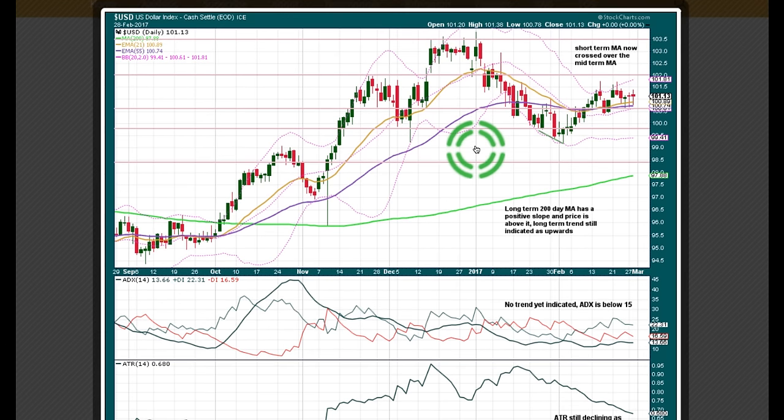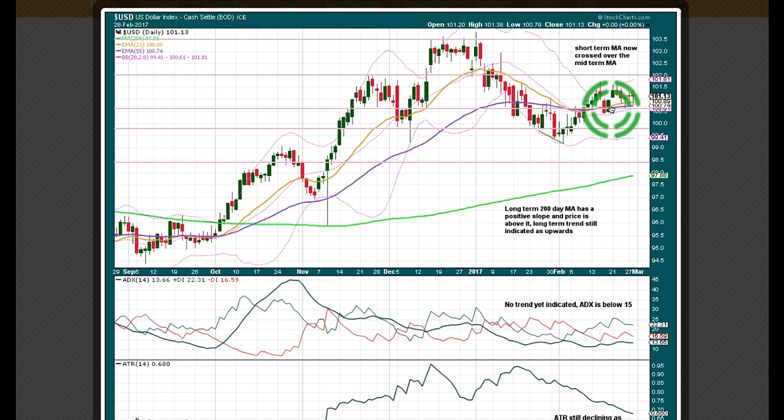Let's have a look at the US dollar index. I'm looking at this one again today because I think it's offering a really nice opportunity. It's been moving overall upward as I've been expecting since back down here, or back about here I think. I've been expecting it to move up. I've published this one a few times before in Trading Room because I do think it is offering a good